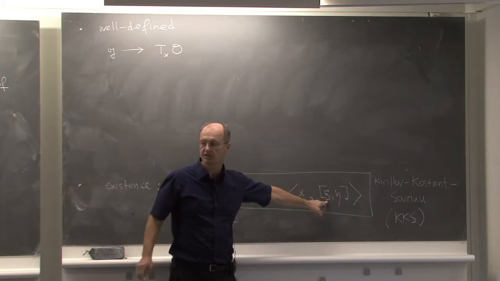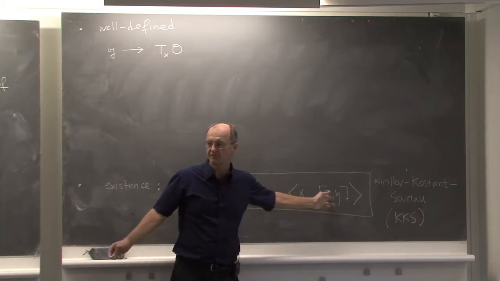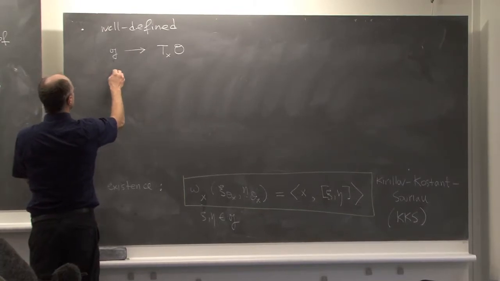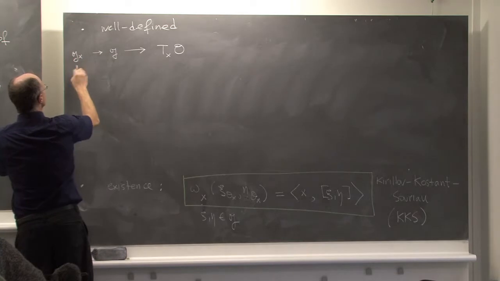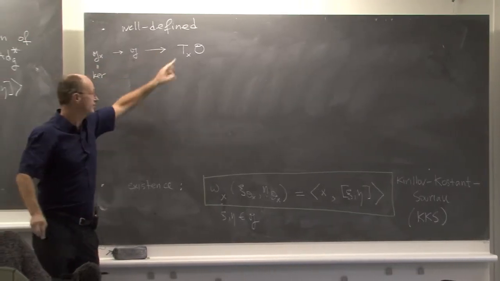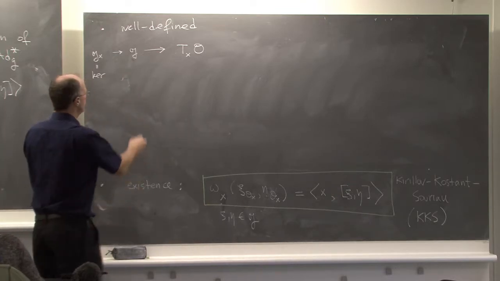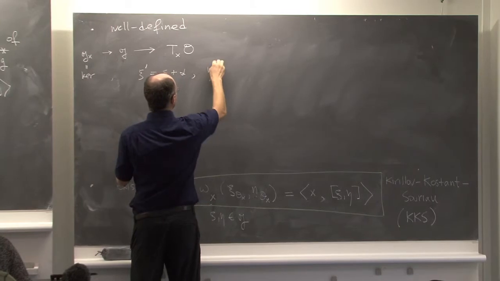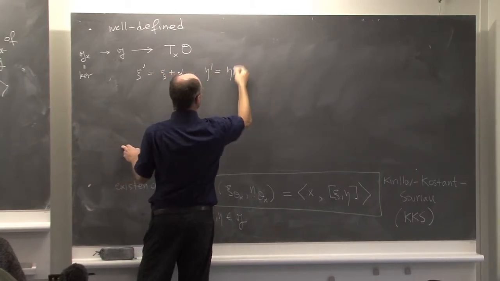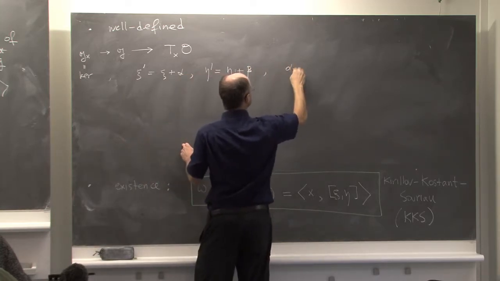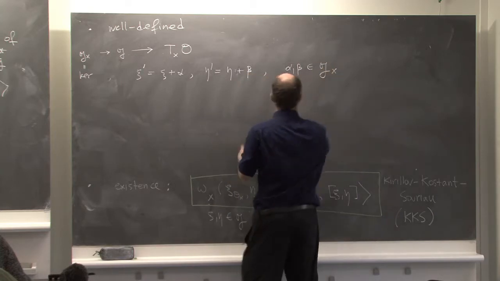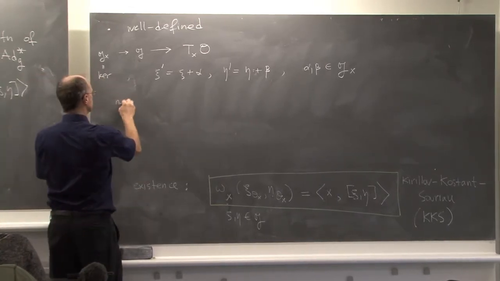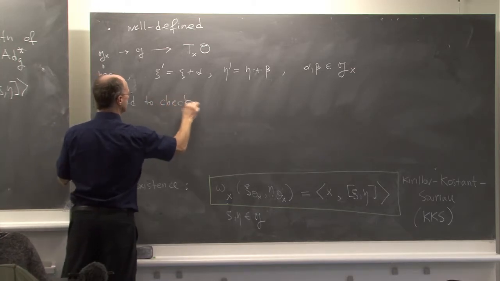But then the right-hand side still gives us some value. Preferably, this value should be 0. So let's say we have g_x, the kernel of this map. And what we need to check is the following. Suppose I consider xi prime equal to xi plus alpha and eta prime equal to eta plus beta, where alpha and beta are elements in the stabilizer. Suppose I consider such a situation. Then we need to check that